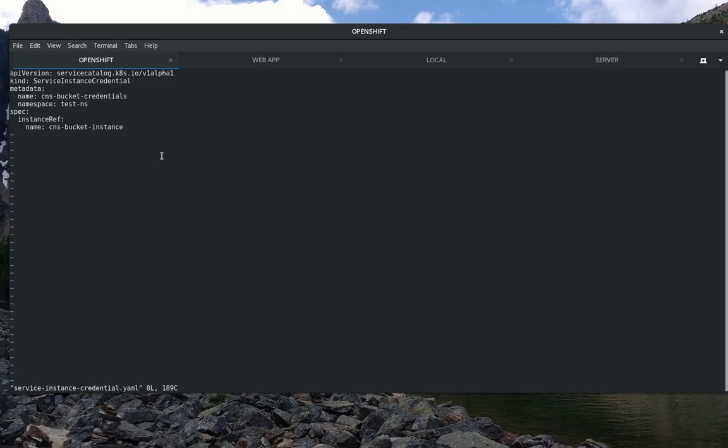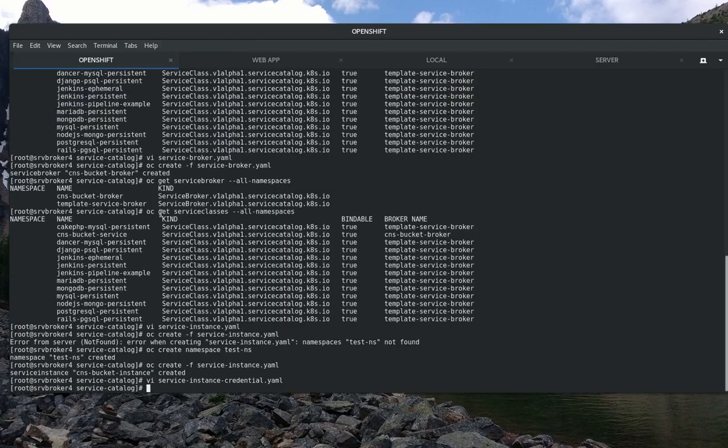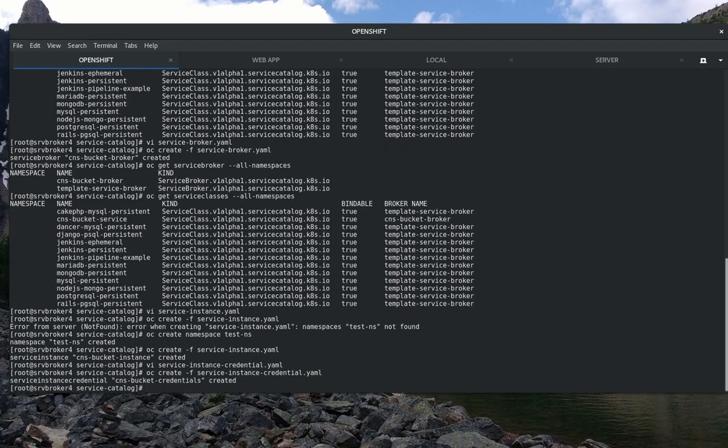All this is stating is that we're creating something that's just called credentials in the test namespace, and we are using the CNS bucket instance, which is what I just created in the prior step. So we'll go ahead and run this, and we've created our